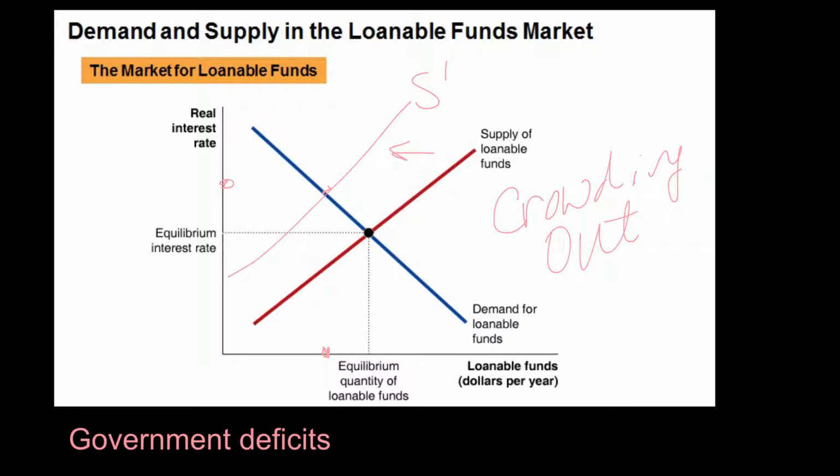But anyway, just to wrap up this part of the lecture, if we have a government deficit, we're going to see this decrease in the supply of loanable funds. And if by some chance you have a government with a surplus, you would actually see an increase in the supply of loanable funds because you essentially have another party doing savings. So that will wrap up our discussion on the loanable funds market.